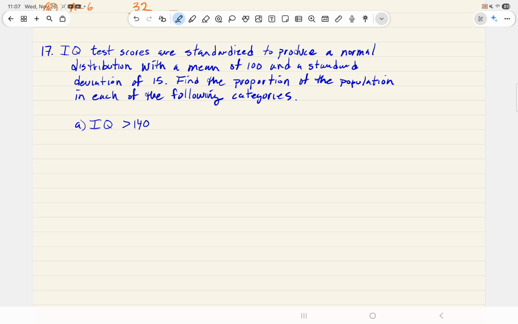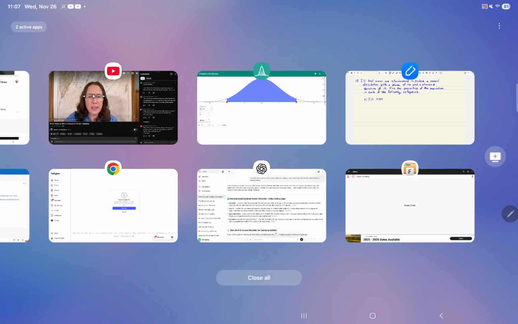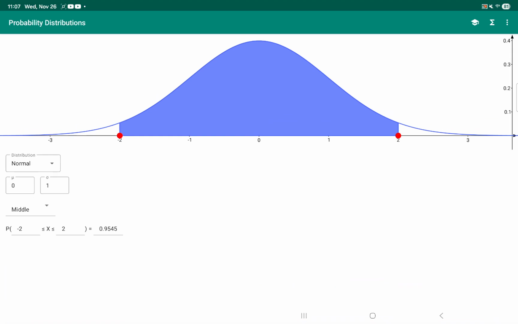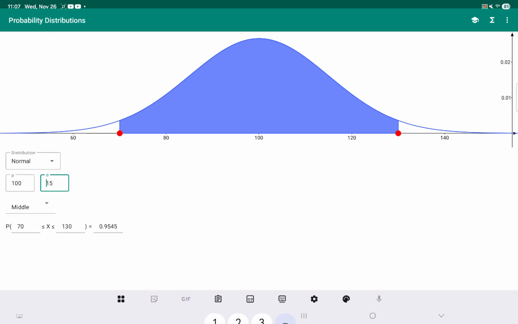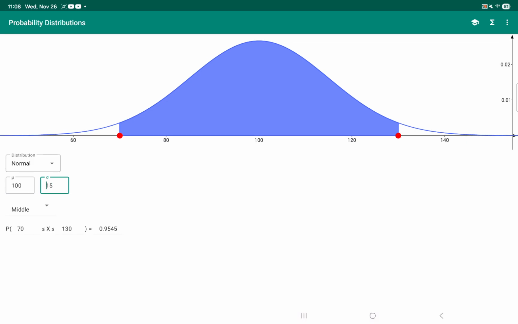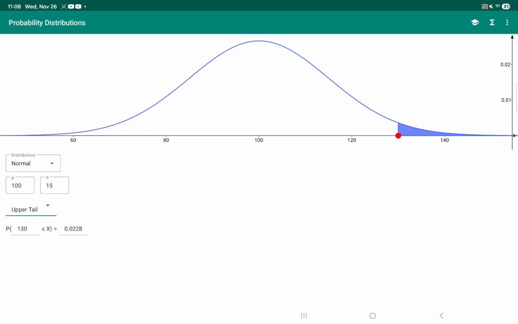For the first, let's see, mean of 100, standard deviation of 15. Find the proportion of the population in each of the following. So the proportion is the same as the probability. So the first case, IQ is greater than 140. We take a look at the calculator here, and we need to make sure our distribution is set to normal, and our mean on the IQ test is 100, and our standard deviation is 15. So we'll check that, and we want 140 or greater, right, the genius level. So we pick the upper tail. And if you drew this out, as I suggested that you do,